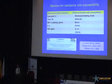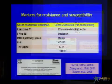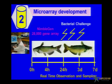Higher expression of these genes is correlated with higher resistance. The genes on the right, such as rhamnose-binding lectin, intelectin, mucin, and so on, high expression of these genes is correlated with high susceptibility in catfish under bacterial infection. We're trying to find a better approach, but this, as much as we can so far, correlates resistance and susceptibility. A few years ago, Eric Peatman, my former PhD student,